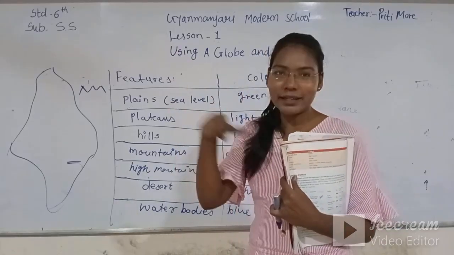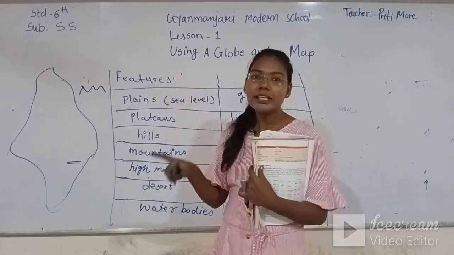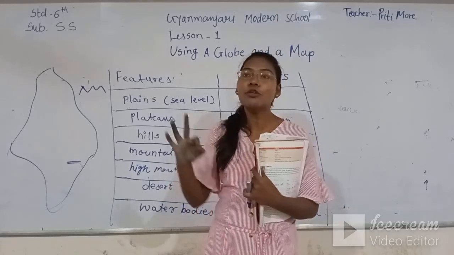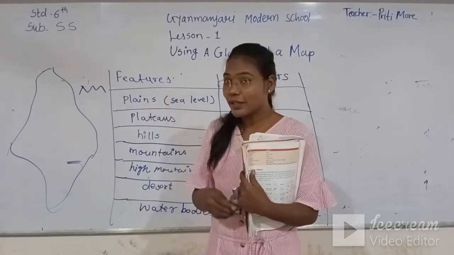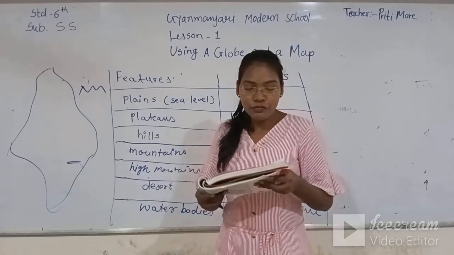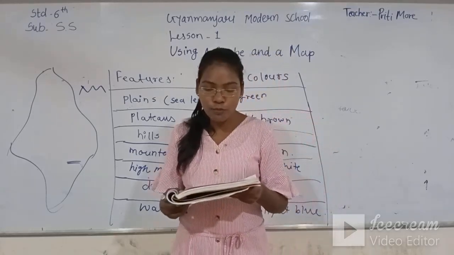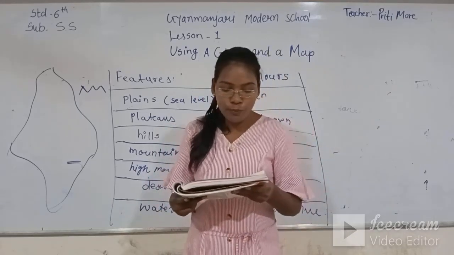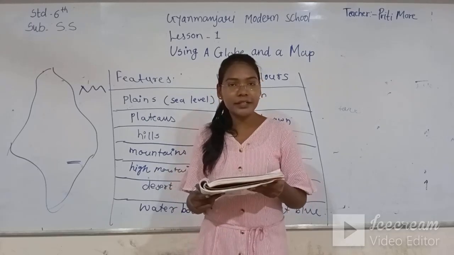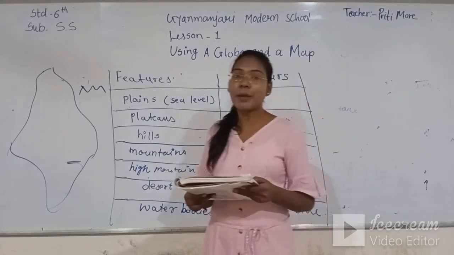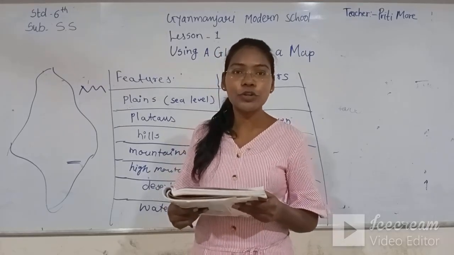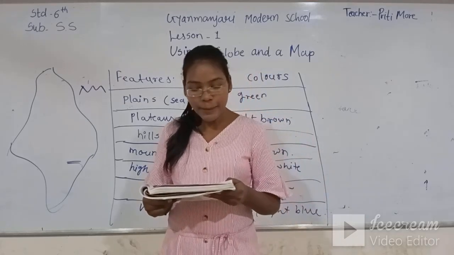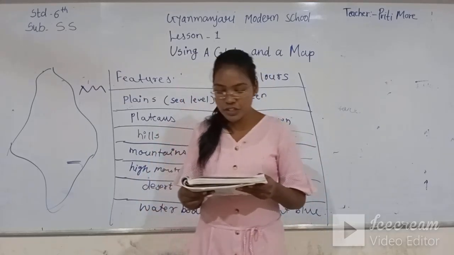If we have to show the parking area, then there is the P. That means all map makers have decided, all map makers have agreed to put the P symbol for the parking area. It is called conventional symbols. There are some common symbols that map makers all over the world have agreed to use. These symbols help us to understand the map better. That means the symbols which map makers have decided and agreed to put all over the world help us to understand the map better. These are called the conventional symbols.